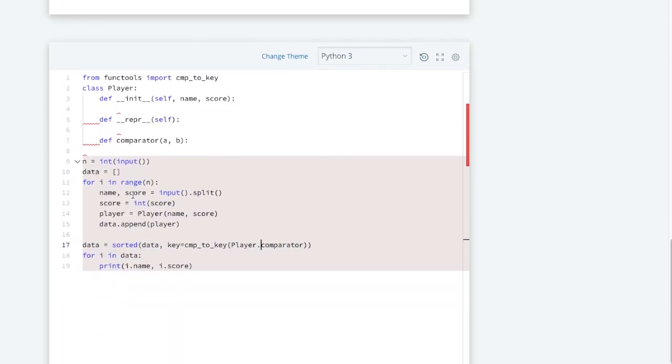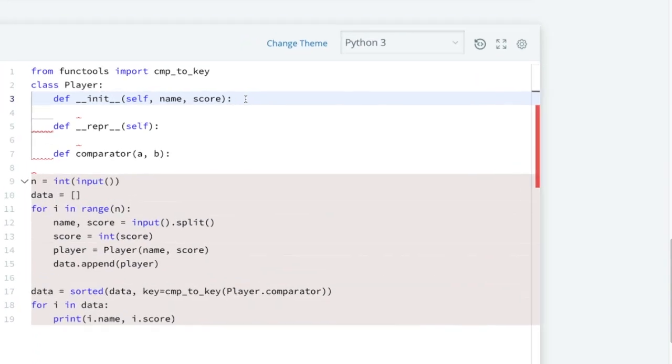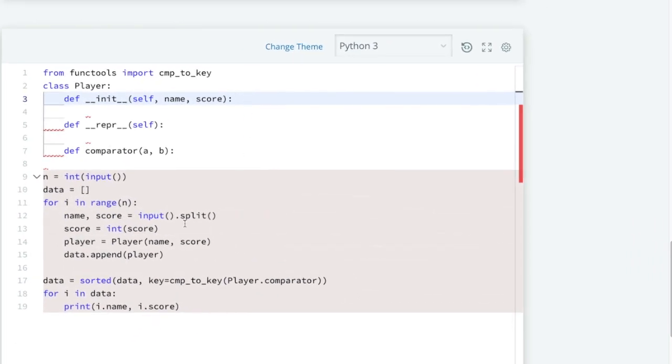So the very first thing is we have to assign the name and score in this constructor. Let me zoom this one. So they are passing this name and score for player 1.